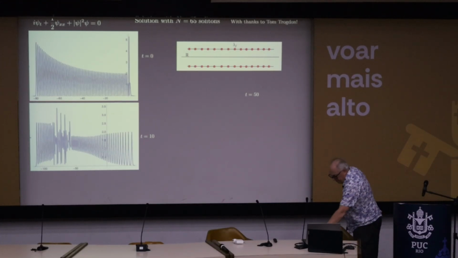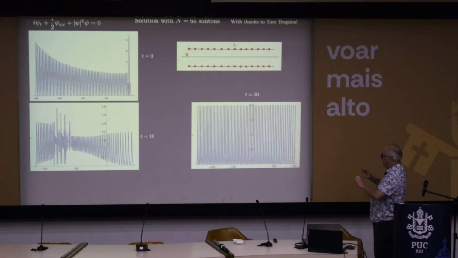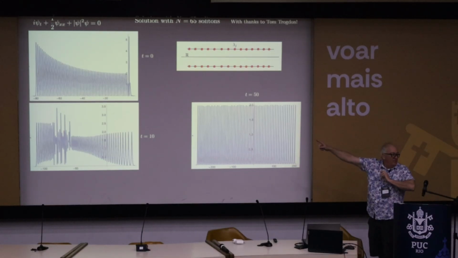It's a precise 65 soliton solution, and you're looking at the plot at t equals 0, at t equals 10, and then by the time you get to t equals 50, all of these 65 solitons have sort of spread out, and if you were to count all of these peaks, you'd see exactly 65 of them, and they're really now in the long time asymptotic regime. They're all very well separated and spreading apart.